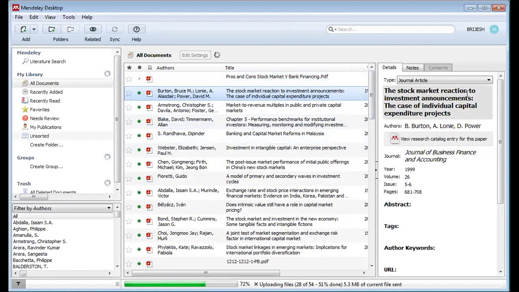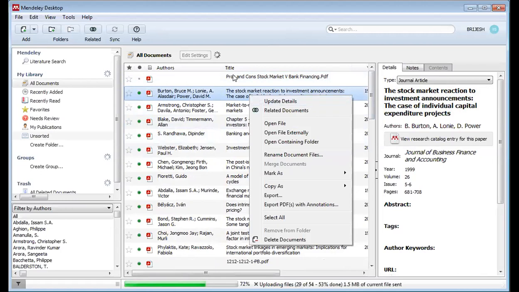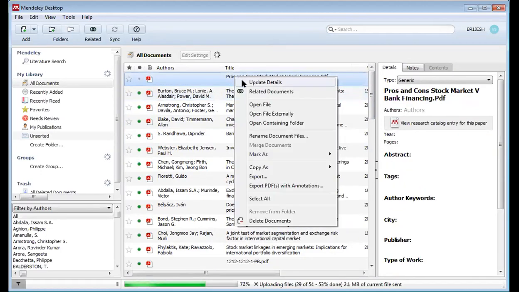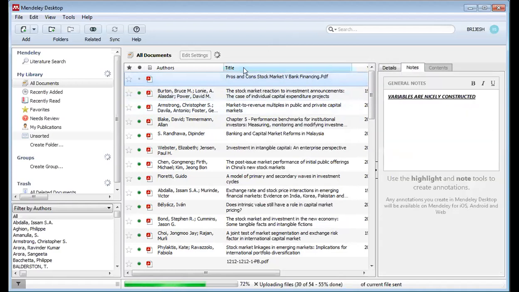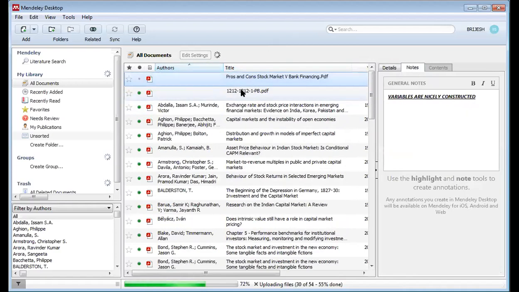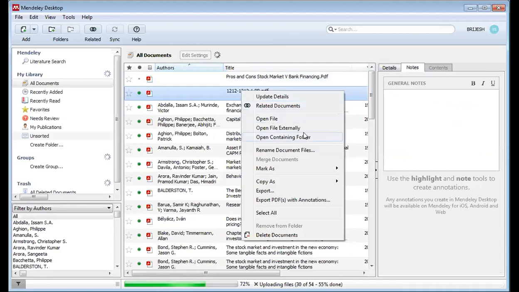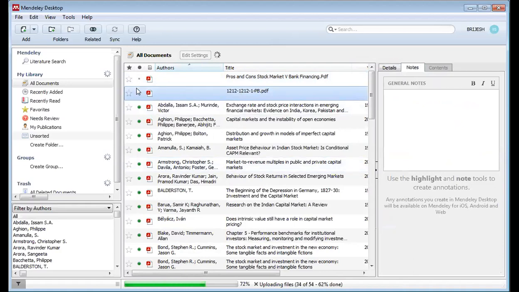Second is the stock market reactions to investment announcement, related to the stock market. Again, I will start reading the paper, and here you have already updated the details, right? Like you may have written some kind of notes. Here you will try to mark whether you have read or not read. You even have options of needs review or reviewed, and if you have read the paper, you can just click on that, and the signal with the green color will change.